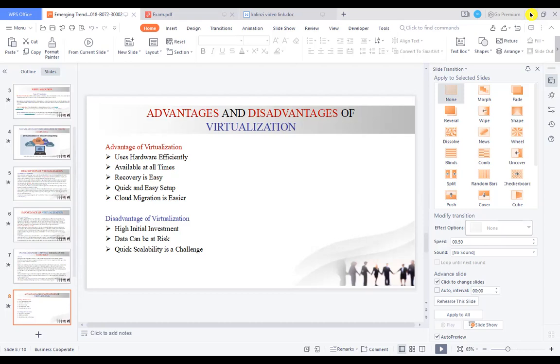We have quick scalability is a challenge. When you come to scale up your virtual machine and your computer, a developer or founder must have much time to schedule everything for the purpose of users, creating any program for better use or future use.